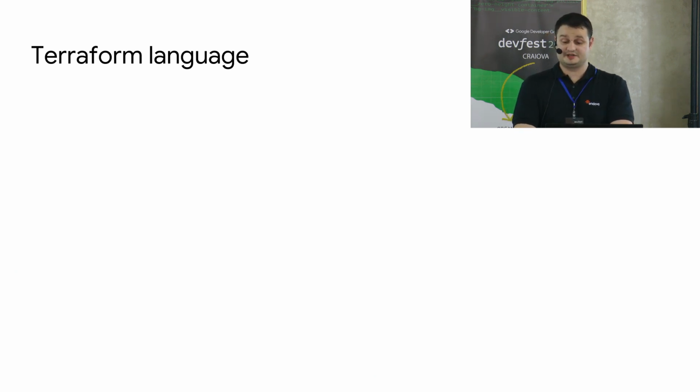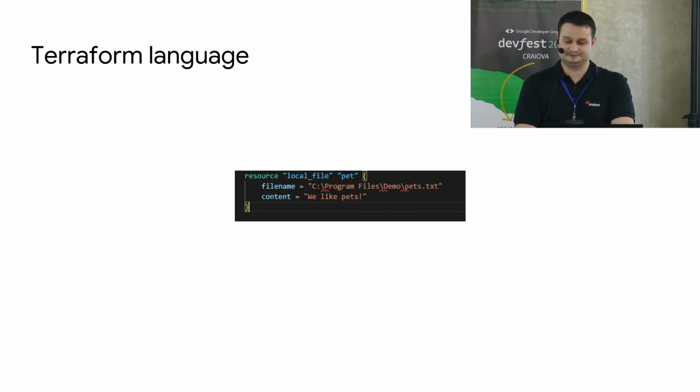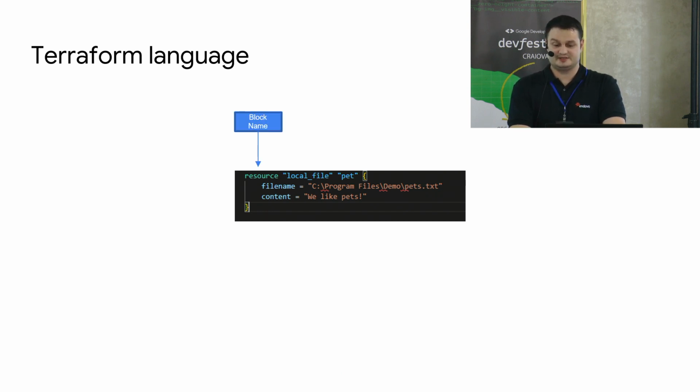Let's take into consideration a very simple example where we want to create a simple text file on our local machine. In order to create this file, we have a block defined like this. Inside it, we specify the path of the file we want to create alongside the contents of this file using the arguments. The first element in this block is the resource. The second element is the resource's type, which is a fixed value and depends on our chosen provider. In our case, we can see that the type is local file. The type of the resource provides us with 2 valuable details. The first is the provider, and the second is the resource itself.